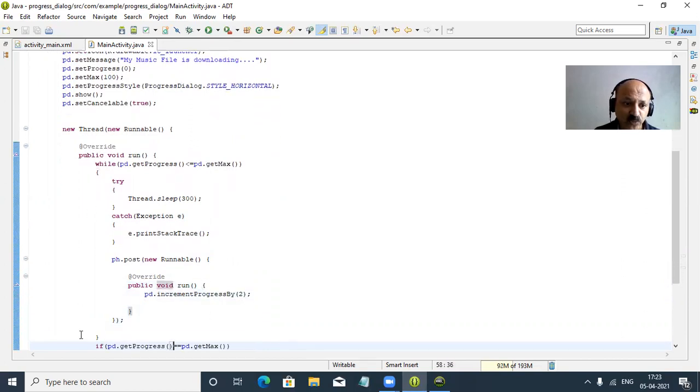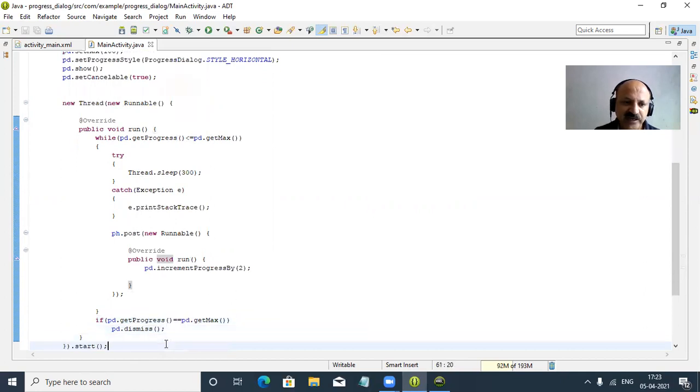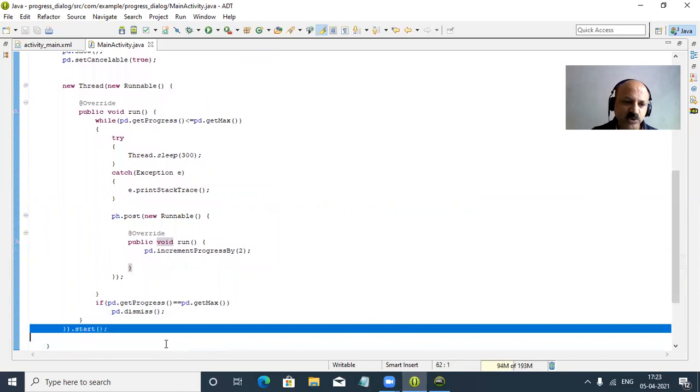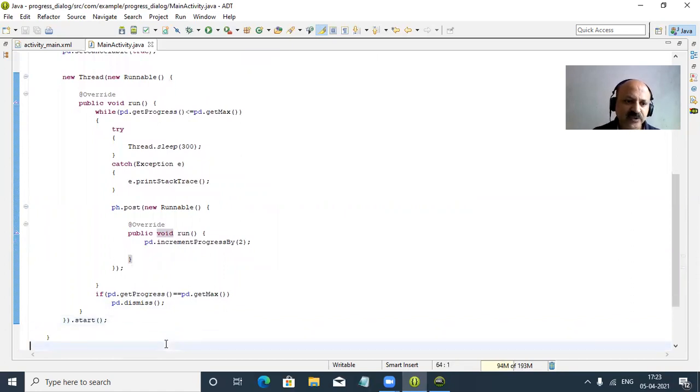And after the while loop, you can look here, after the while loop both progress and max, the while loop is closed, meaning the condition is false. So the while loop is complete, then our if condition is true, and that dismisses the dialog, and the thread is started. So here we call the start method.